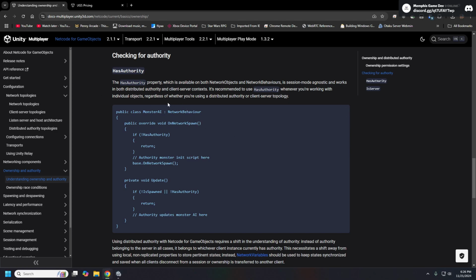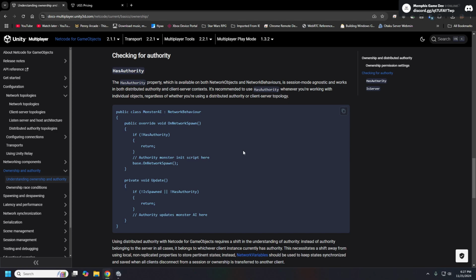There's also a new check here on your network objects and behaviors called has authority. So if you've used Netcode for GameObjects in the past, you'll be familiar with is host or is client or is server. Now since there is no central server anymore, you just have has authority.